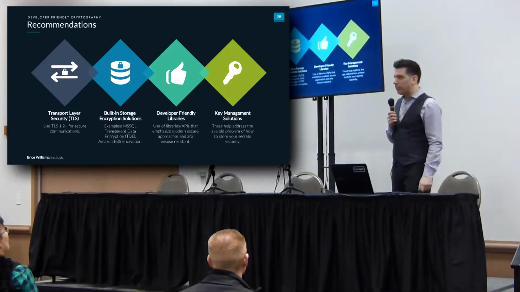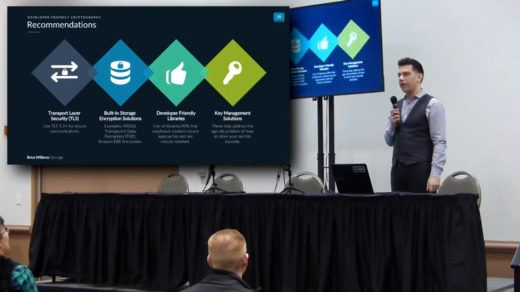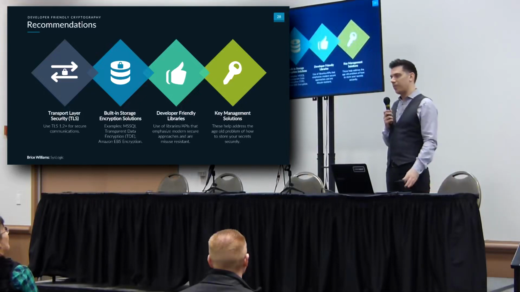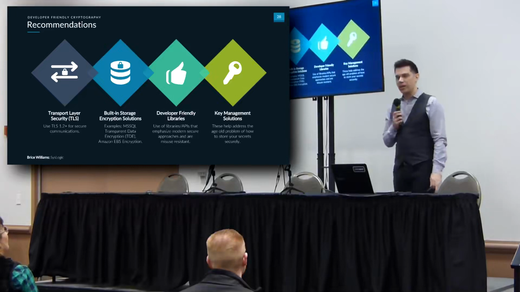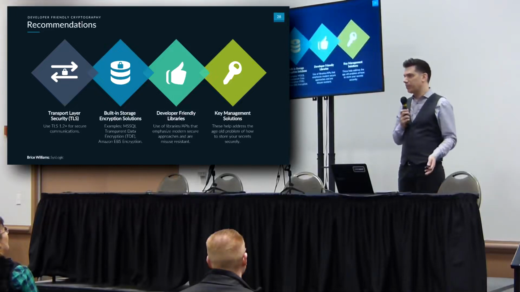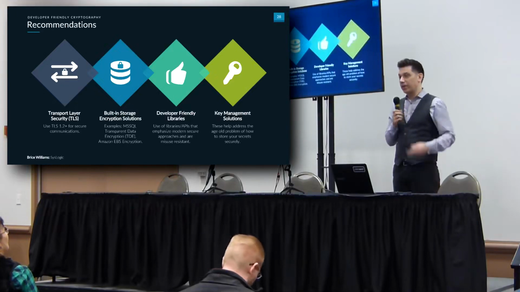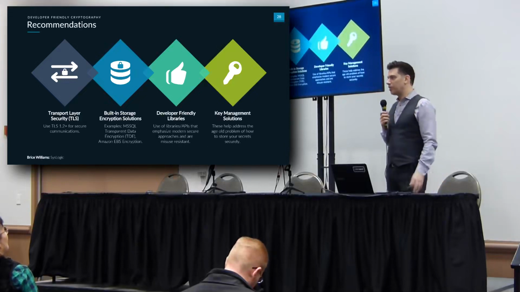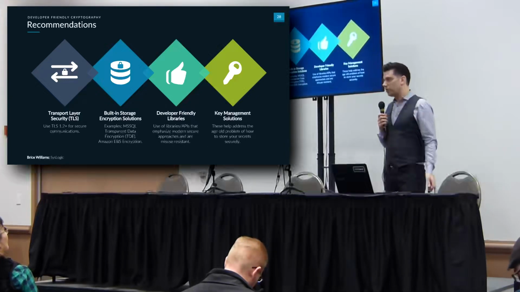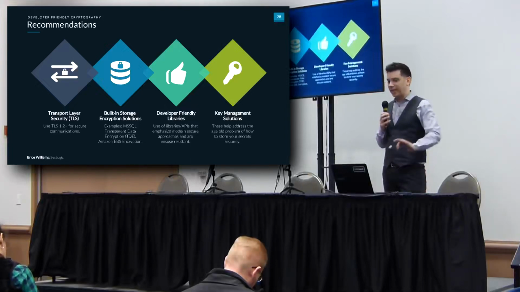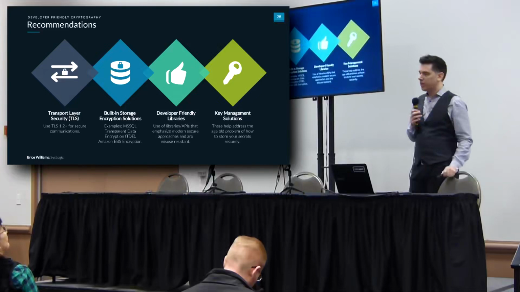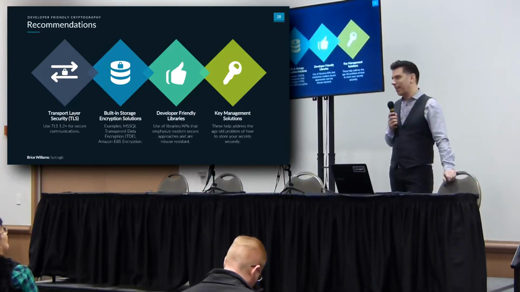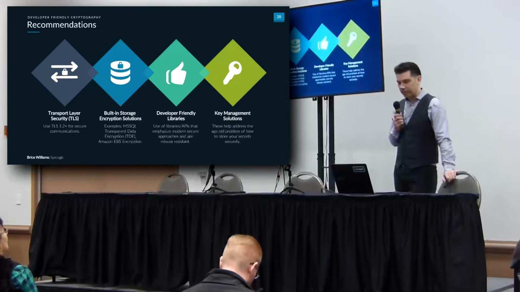We mentioned developer-friendly libraries. Definitely check out use of those libraries, even above and beyond your built-in programming APIs. For example, .NET has a pretty decent cryptographic API that is included with the framework, but I've seen so many misuses of it. My general recommendation to development teams as we go through training is, wherever possible, use libsodium. If you need to use cryptography, some encryption, and you can't leverage TLS, or it's not covered by any of those built-in solutions, take advantage of libsodium. Libsodium.NET is the .NET language binding of libsodium.